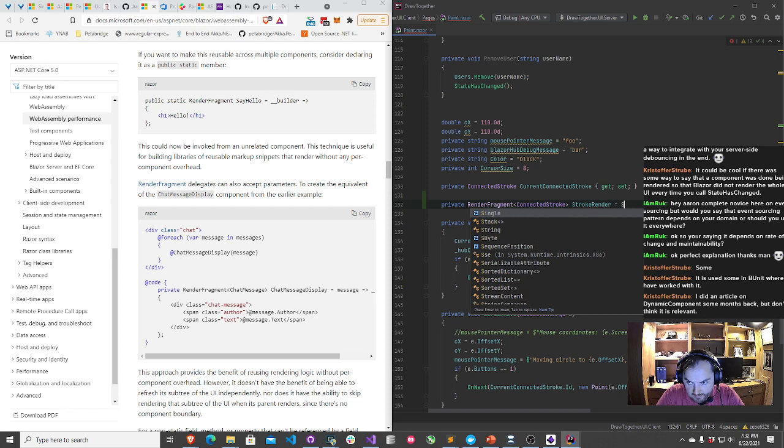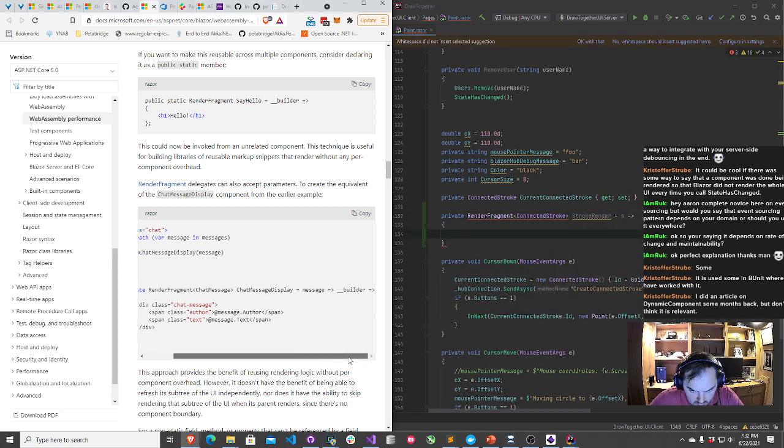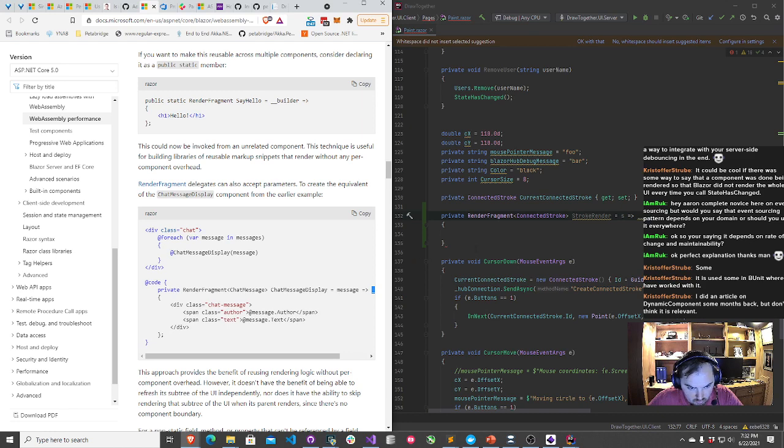I guess I'll just do S. Oh, I gotta do this little builder syntax. It does not suggest the match name builder. Whatever, we'll give that a shot.